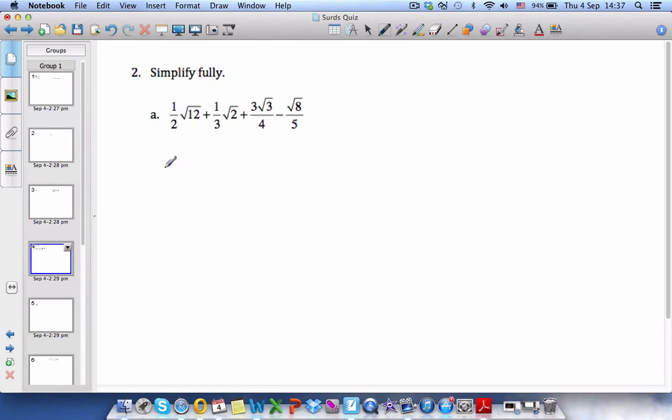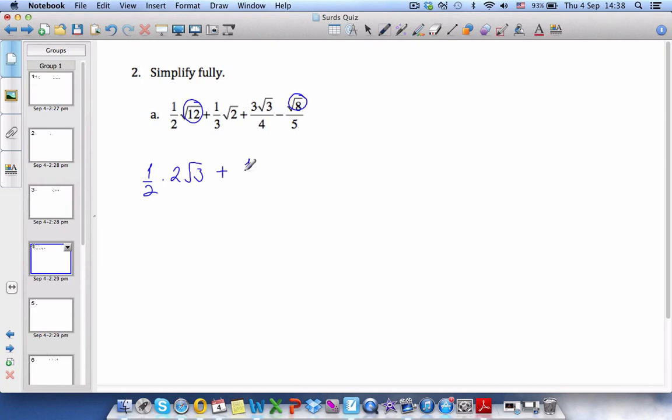Okay, here's number 2. Number 2a: 1/2 root 12 plus 1/3 root 2 plus 3 root 3 over 4 minus square root of 8 over 5. So let's simplify all the radicals. I know this can be simplified and this can be simplified. So that's going to be 1/2 times, 12 is 4 times 3, right? So it's going to be 2 root 3